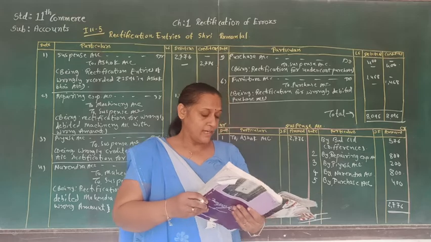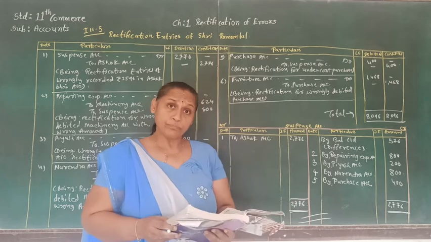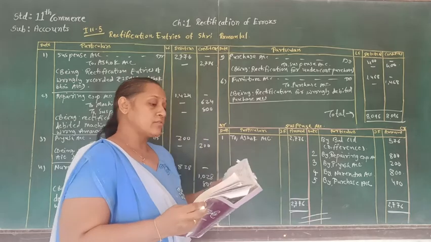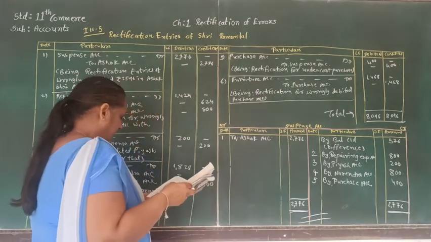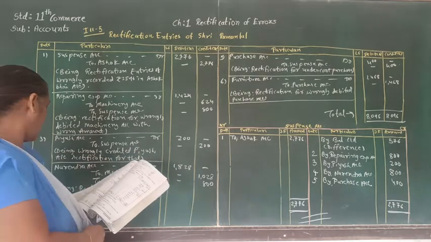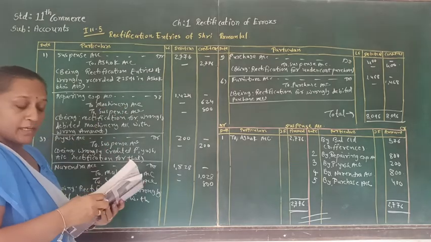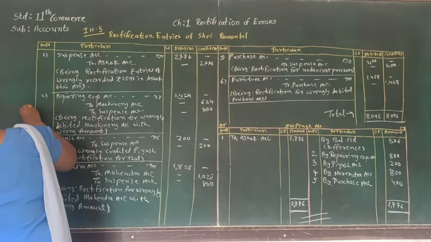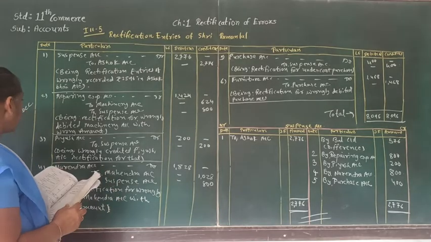Now from this we come to know that in some of the transactions there is an effect on the profit and loss account, so we have to find it out, and then we have to make the effect in the profit and loss account. So here we can see that in the first transaction there will be no effect on the profit and loss account, but in the second transaction the repairing expense account is going to be debited. That means because of that the profit is going to be decreased. So that will be the effect on the profit and loss account.